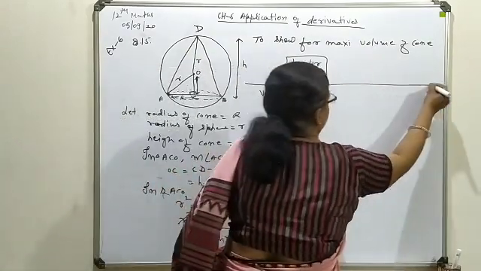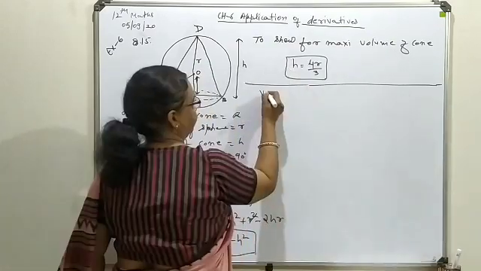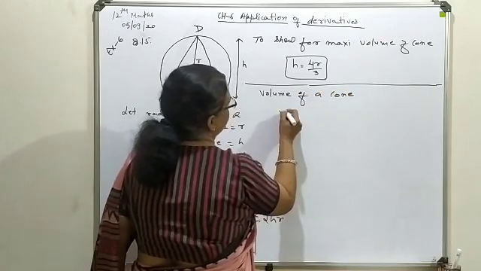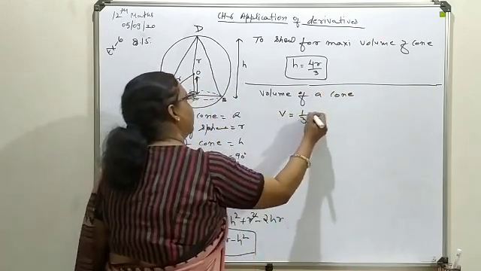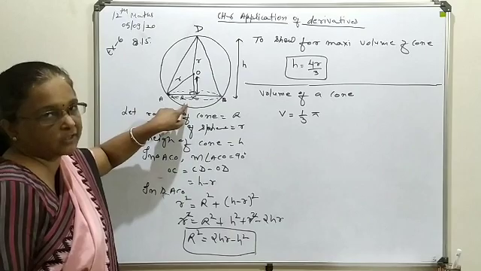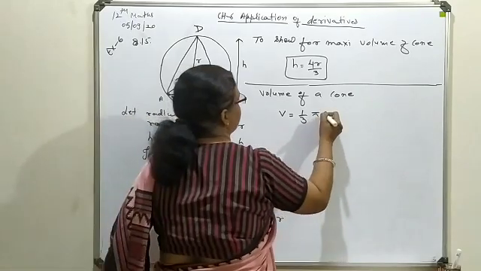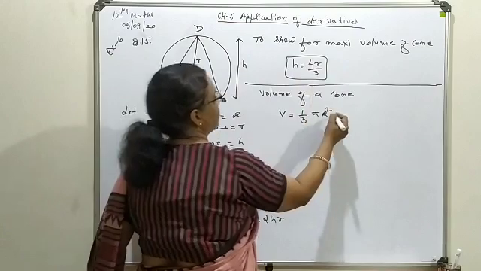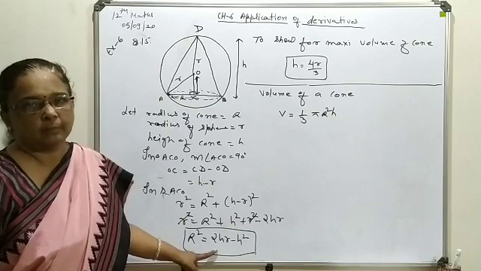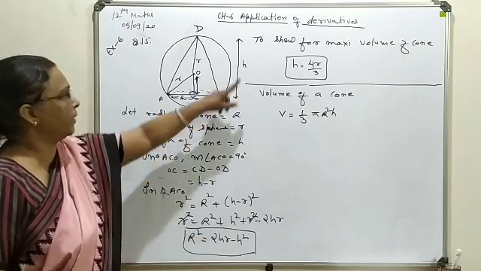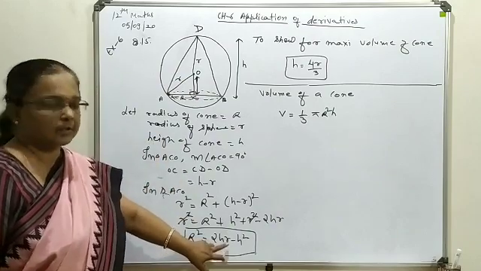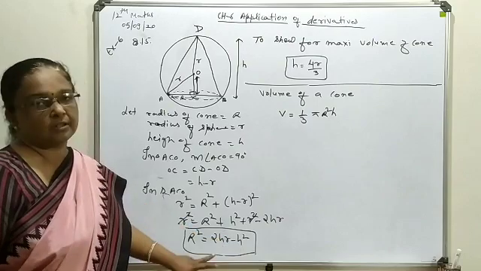So this is the question part. Volume of a cone, what will you have? V is equal to 1 upon 3 pi R square, with respect to this cone, and the height of the cone, that is your H. Here you can see this R square you have already turned into a form of H, where R is a constant, meaning the spherical ball is fixed, the radius of the sphere is fixed. So this R you will treat as a constant quantity, whereas this H is a variable.